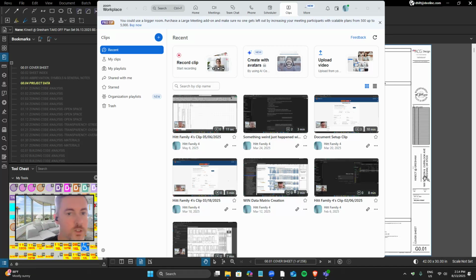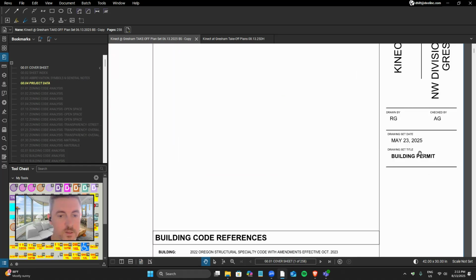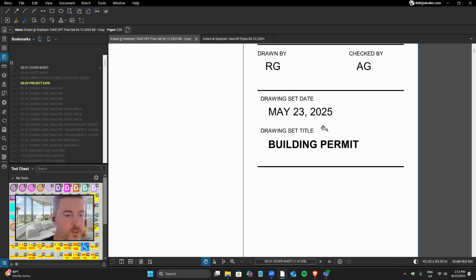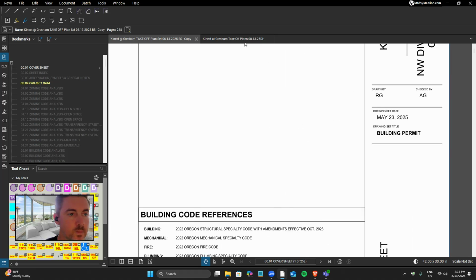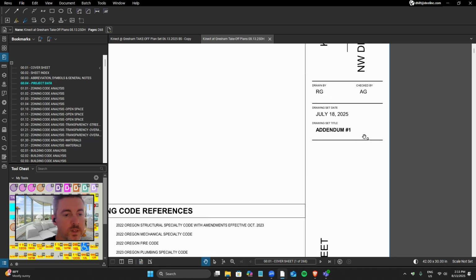Alright, so I just wanted to share a tip that will help you when you're transferring a large amount of markups from one document, like an original plan set, to an updated plan set. For example, this one that I'm dealing with here, you can see the original drawing date, May 23rd, 2025. It's a building permit set, and we've received an updated addendum 1 dated July 18th, 2025 with some minor changes